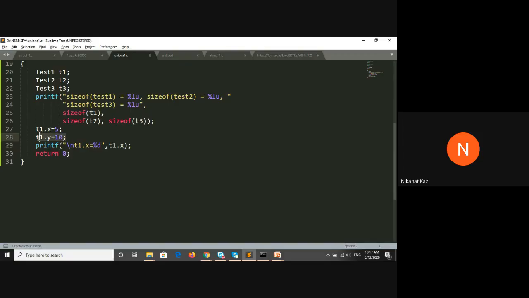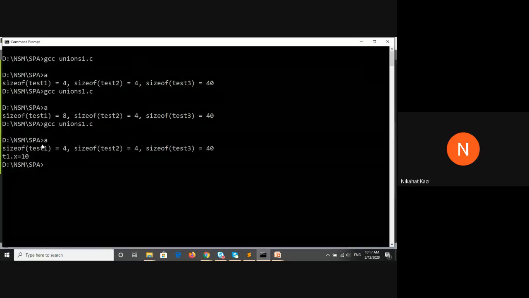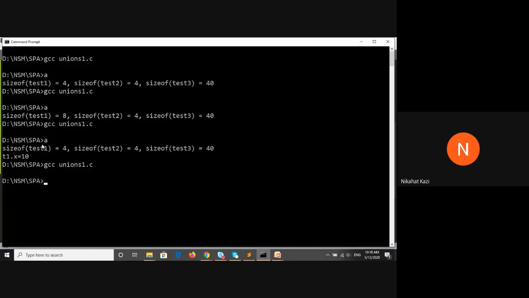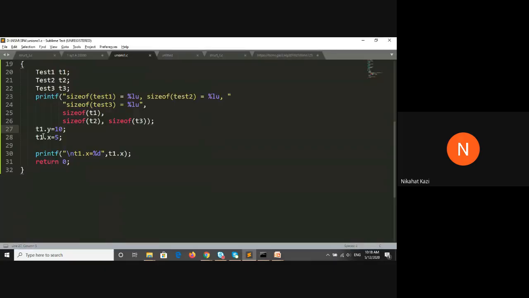If I change this order, I will get the t1.x value correctly as 5, because what happened was it was overwritten. At a point, only one value will be there in the union. That is what is meant by sharing of memory.